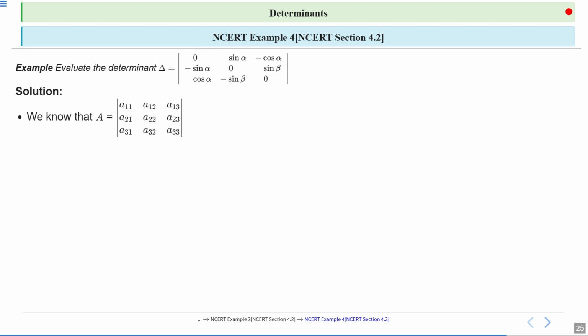We know that A is equal to A11, A12, A13, A21, A22, A23, A31, A32 and A33. So when we expand along R1,